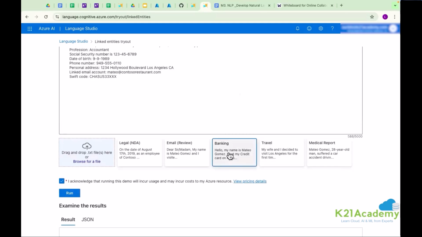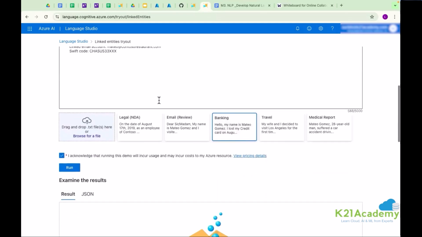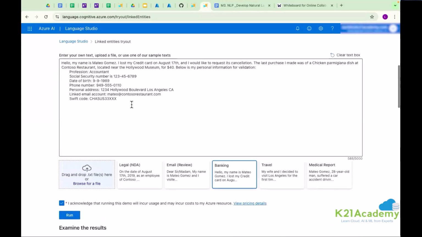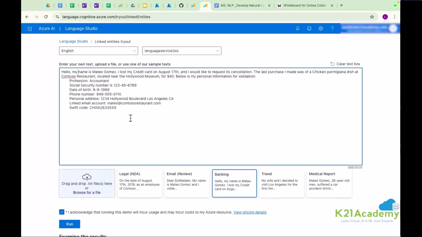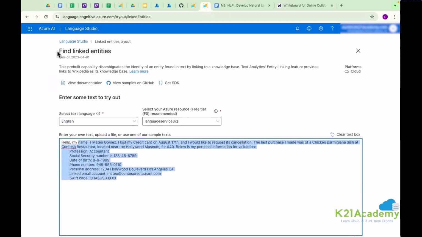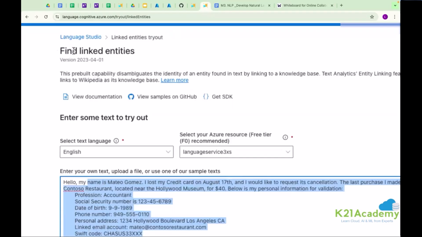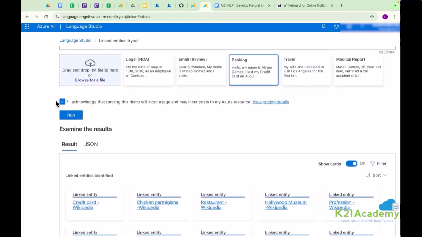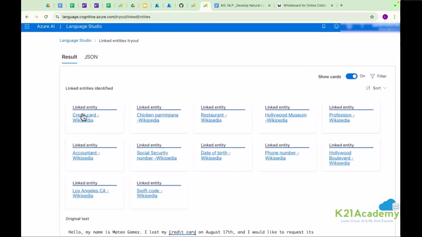We just discussed that an entity refers to a person name or any organization name. We can bring that. I have some text with me, and we said we want to try linked entity. With the entity being linked, I am talking about a Wikipedia link. In this case, you can see we have credit card, and on the basis of it, I got